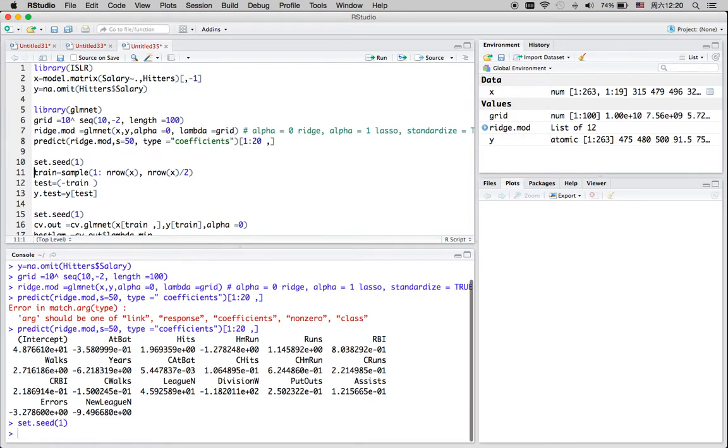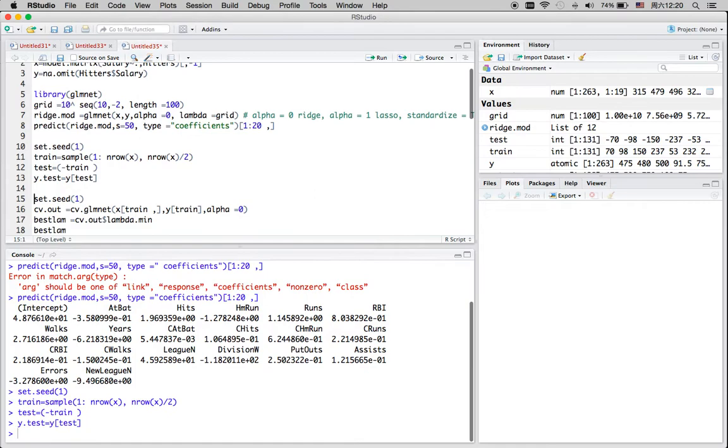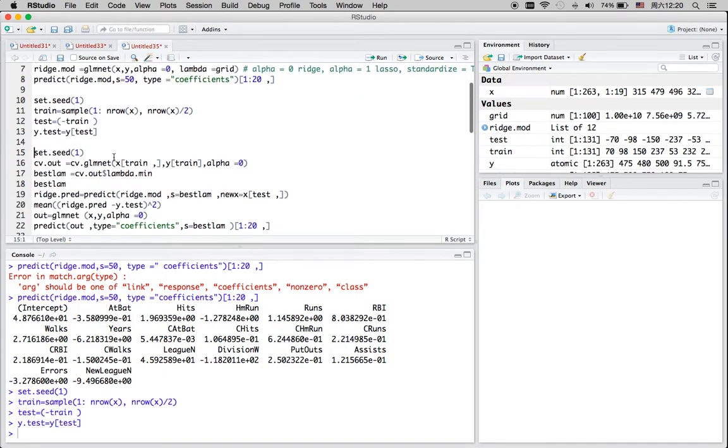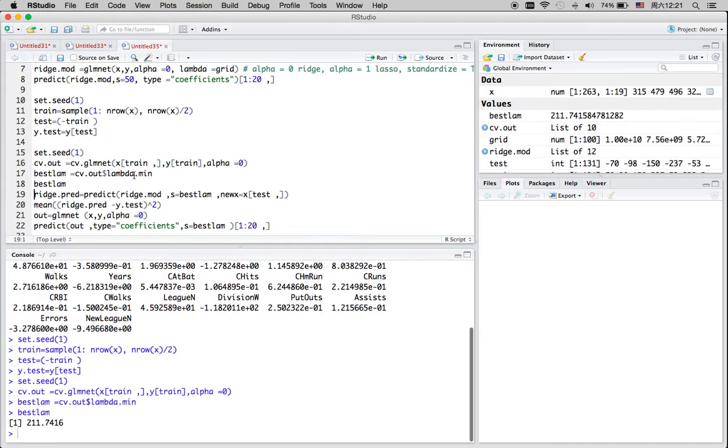Okay, so now we are going to separate the data into two sets, a train and a test set, and then we are going to use cross validation to find out which is the best lambda to use for the Ridge regression. You can see that the best lambda will be 211. So now we are going to use this lambda